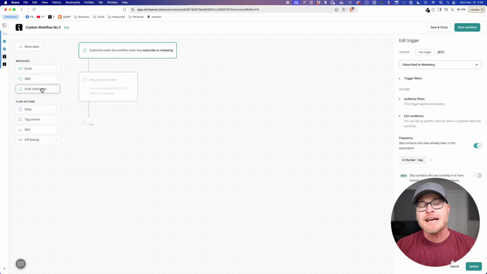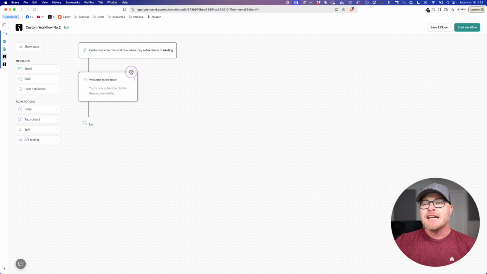Just depends on the use case, on what you're trying to accomplish, but it's great to know that Omnisend has these other options as well. In terms of this flow builder for building these automations, I love that it's visual. I've played around with it. I haven't run into any issues or bugs that some other systems are notorious for. It feels very rock solid. It feels very well thought out.